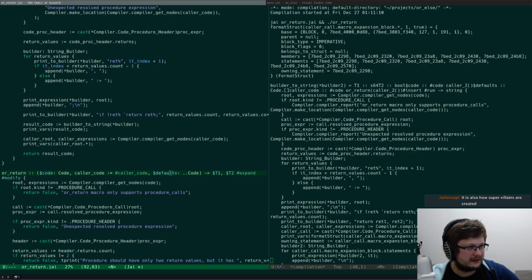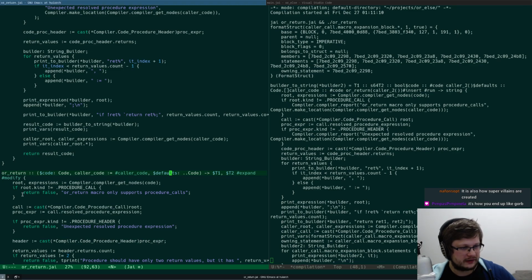I need to send something. Okay. Done and done. It's how you end up like Gorb. True. How super villains are created. Yeah, they do too much Lisp.